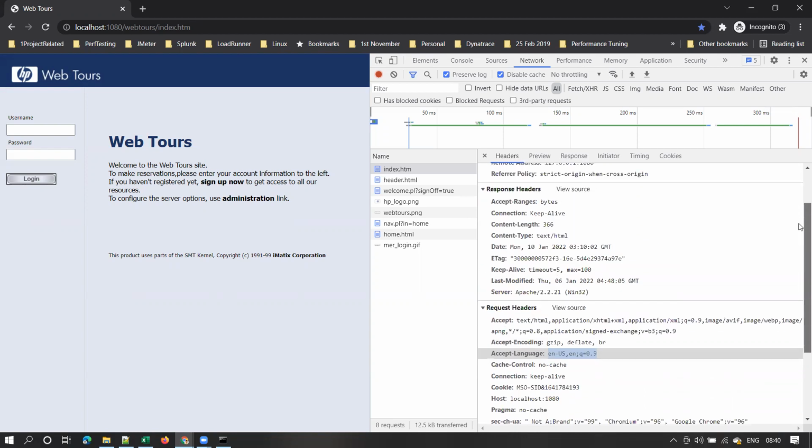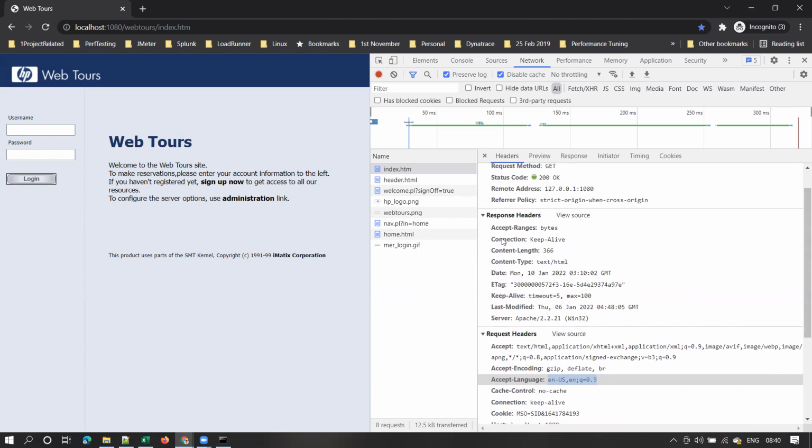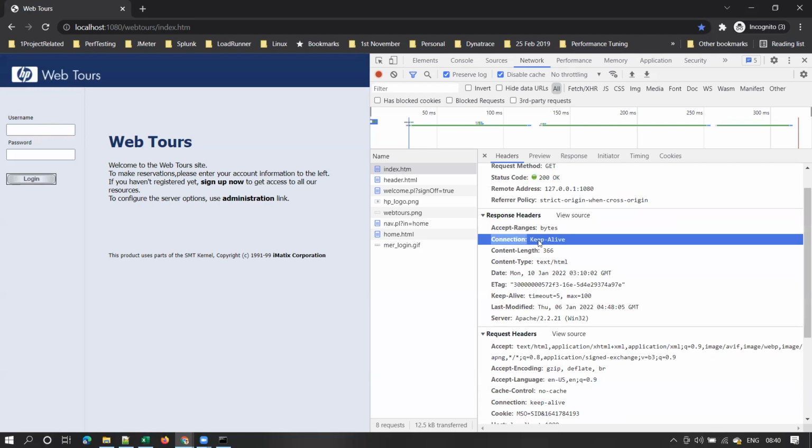Right? And now let's understand the response headers. These are some important response headers. Connection keep-alive. I will discuss later what connection keep-alive is. We will discuss that later. That needs some time to understand. But for now, remember that headers are used to pass some additional information, and response headers give some additional information about the response.